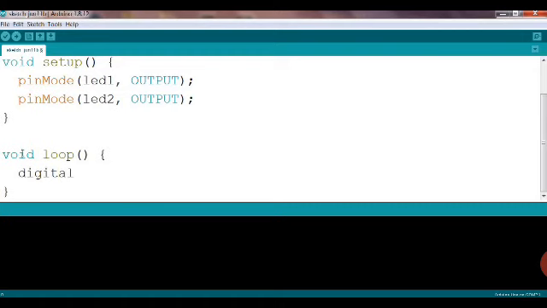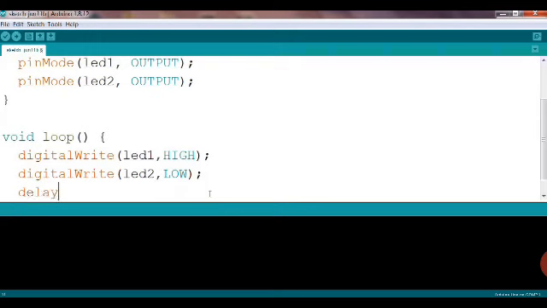And then under the void loop we'll do the programming. So digital write, LED 1 should go high, semicolon, and digital write LED 2 should be low. So when we switch on the circuit, I want this LED 1 to be on and LED 2 to be off. So LED 2 should be in low state and LED 1 should be in high state. So that is the first condition we have given, and this condition should remain for some time, that is delay 1000. So for 1 second LED 1 will be on and LED 2 will be off, and you can change it also.